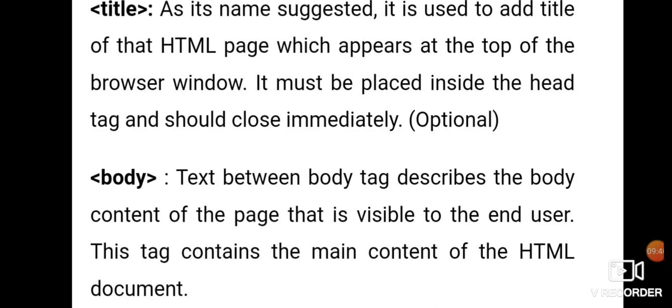Now body tag, text between the body tag describes the body content of the page that is visible to the end user in the browser. This tag contains the main content of the HTML document. An HTML document can contain numerous HTML tags. These 5 or 6 tags are the basic HTML tags which I described. In the next video, we will describe other HTML tags which are used to add more and more features to